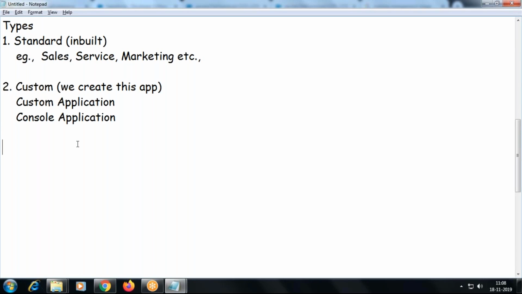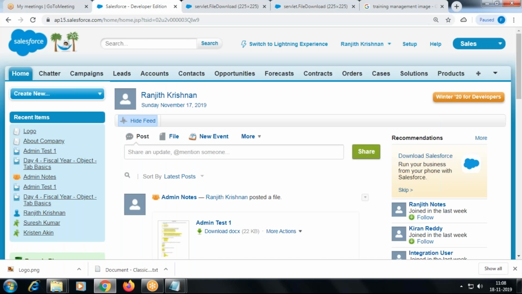So how are we going to create the application? We are trying to learn how to create an application in Classic. I'll show you later, and after this we'll compare with how to create an application in Lightning as well. So I go to Setup. Anything you are going to create or modify, where can I find those options? Under Setup only, right?